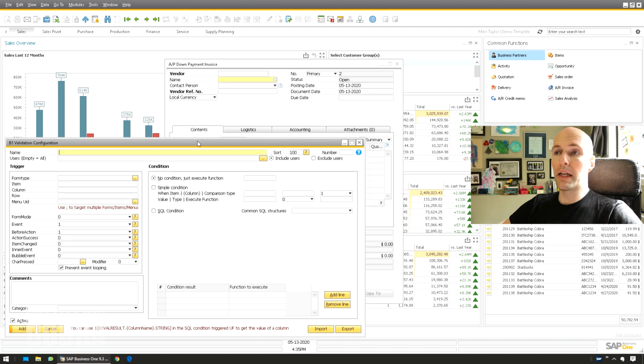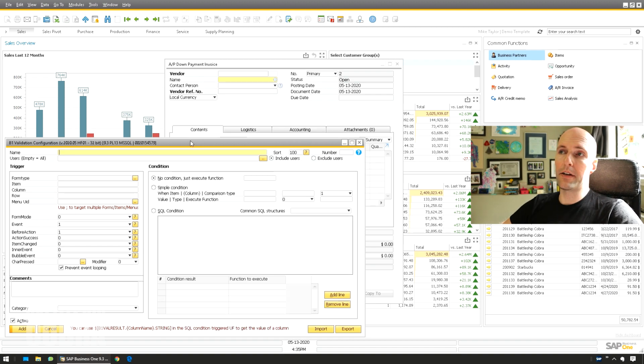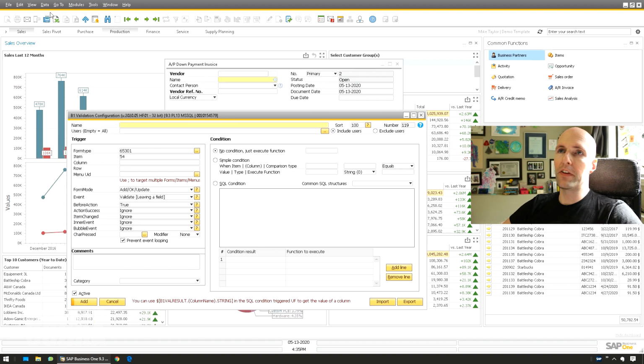When this item is validated means that you're leaving that particular field. So you're going to see that it put item number 54, view your system information, and it put all the other information you need for a standard way of putting this B1 validation.